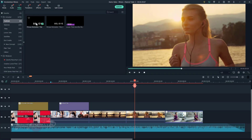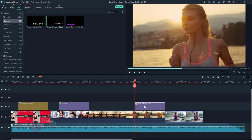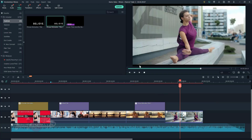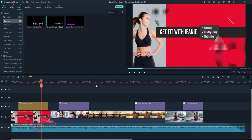So now we can just take our saved title and drag it to wherever we want to add it, extend the length or shorten it or wherever you want it to pop up, and then double click, and then we can change the text to whatever we want. So we can do that, and then I'm going to do it again at the end of this video. Okay, so now if we're going through this and we're playing this video,